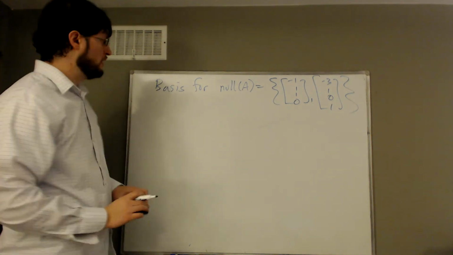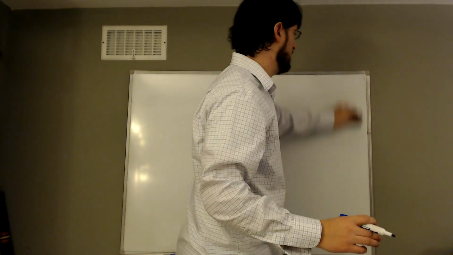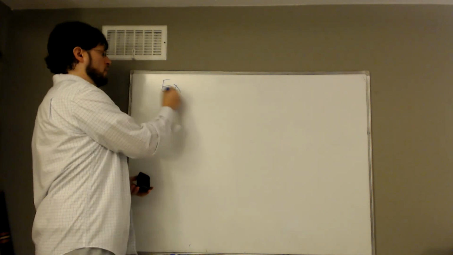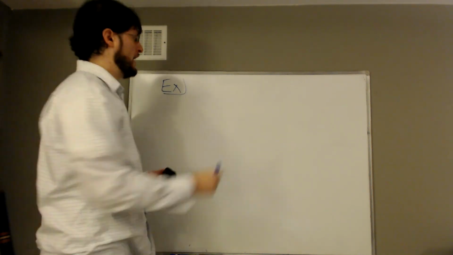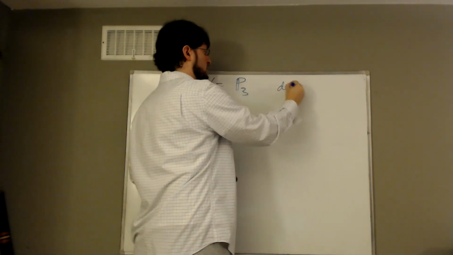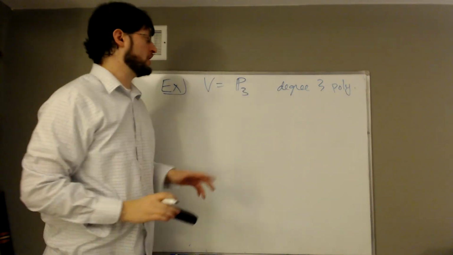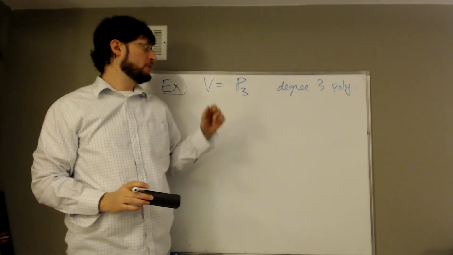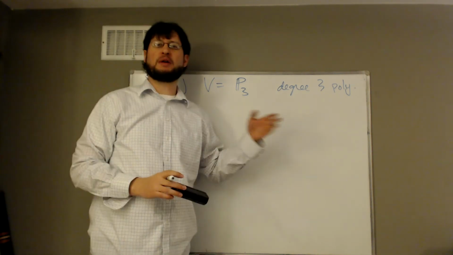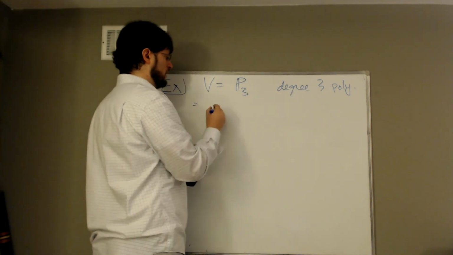Okay. So let's just look at one last example of the idea of basis in a more abstract vector space. So we'll look at one last example with a more abstract vector space V, which is P3, which is degree 3 polynomials. And I should be a little bit more precise. When I say degree 3 polynomials, what I actually mean is polynomials with at most degree 3. So this is third degree